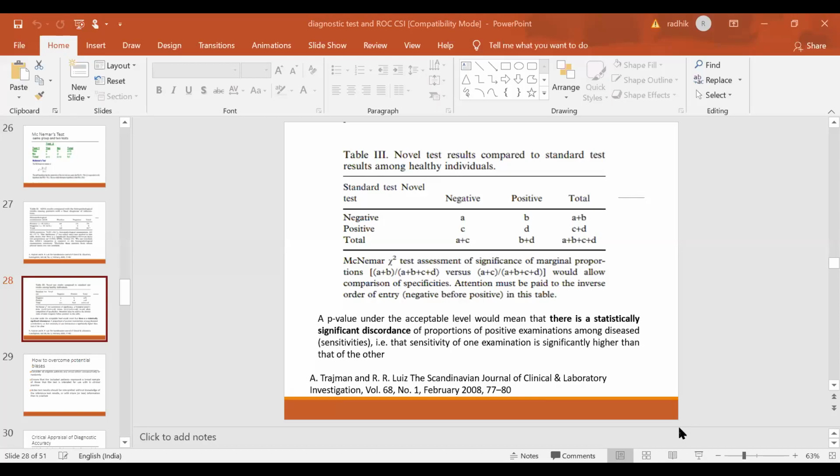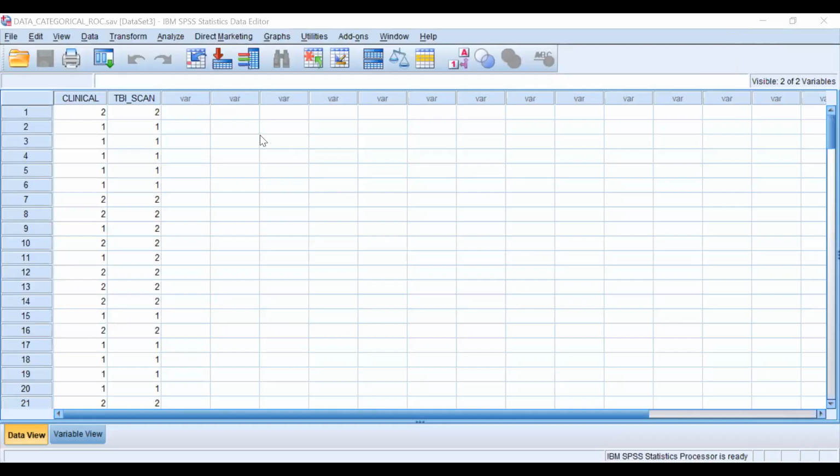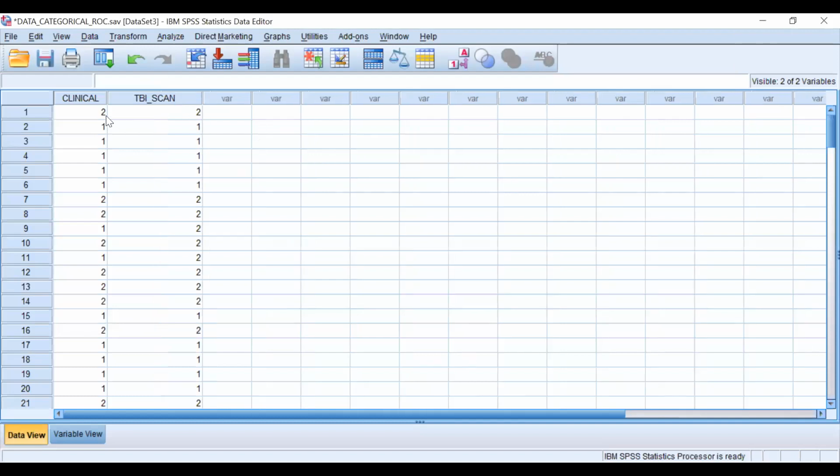So I'll go to the data now. This is the data that we have.